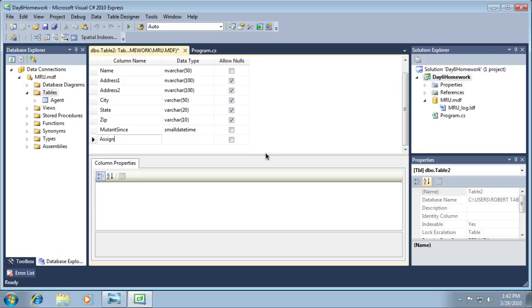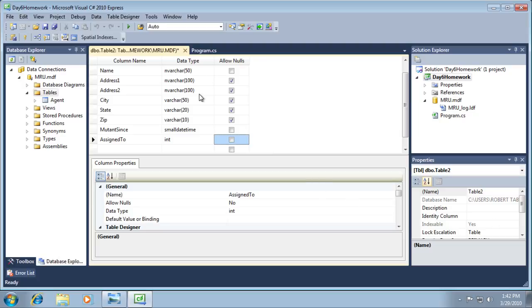And then assigned to, and this is the key one that we're going to come back to, it's going to be that foreign key relationship. It'll be assigned to a given agent. All right, so what do I need to do? I'll come back to, well, I don't know where my mutant ID column went. I guess, oh, there it is. Sorry. Okay,